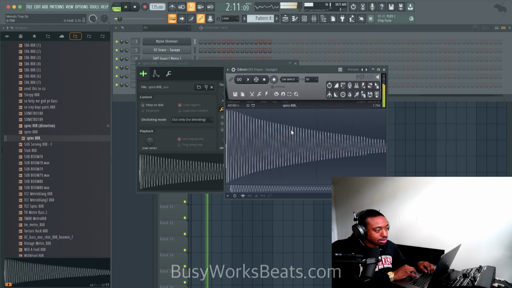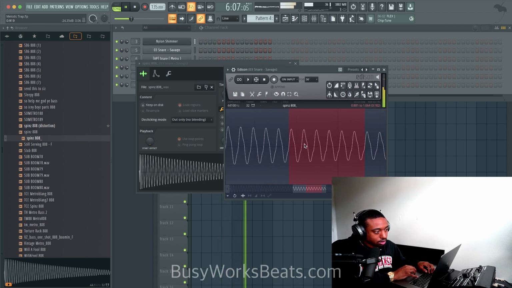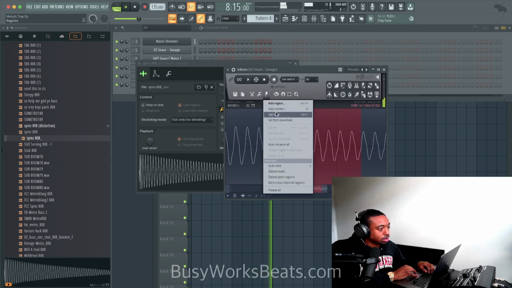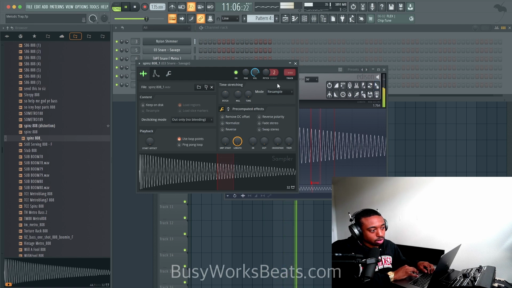Again, we need to edit this in the audio editor. Go to snap to grid, zero crossings, highlight. Make sure you have a full cycle starting up and then going down, and then make sure it ends going down, up. Loop mode, set loop, double click, drag this back into your sampler. Make sure it's on use loop mode.